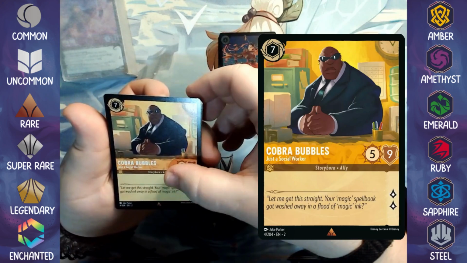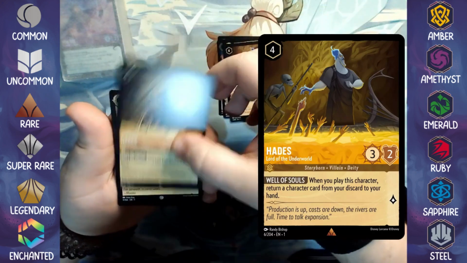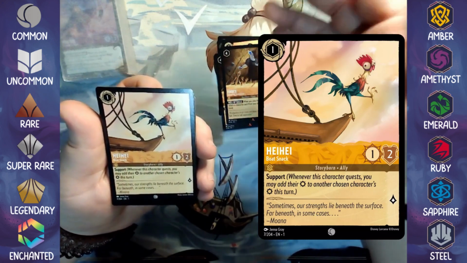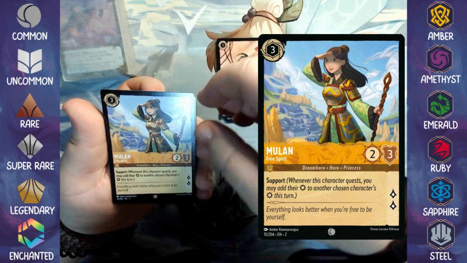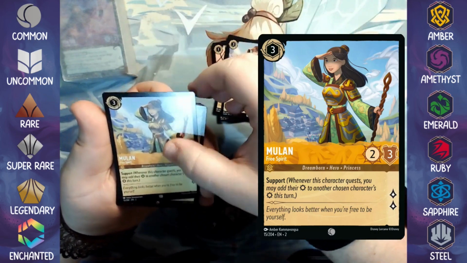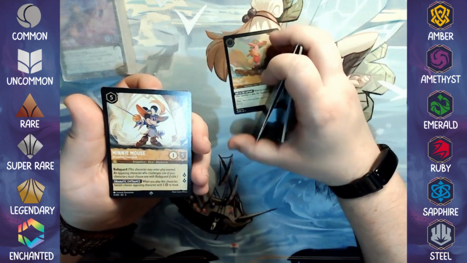Okay, we have a rare Cobra Bubbles. Ooh, a rare Hades. 2 rare Hades. Hey, hey! Of course we have Hey, hey. Why wouldn't we have a Hey, hey? There we go. We got 1, 2, 3 common Hey, heys. We have a Floodborn Mulan. Of course, we'd have extra Mulan in this deck because the other Mulan...